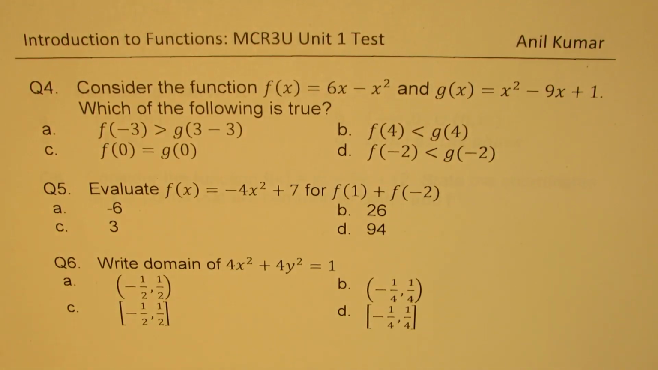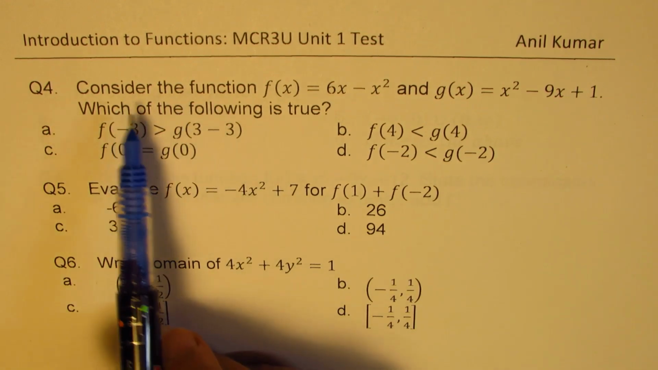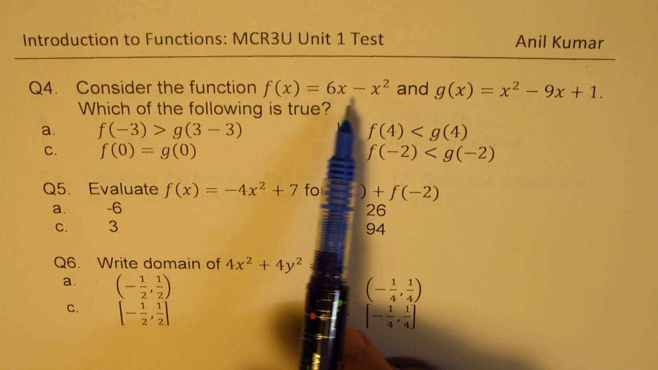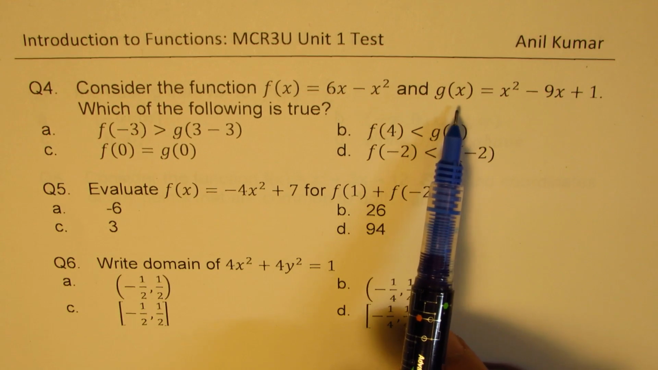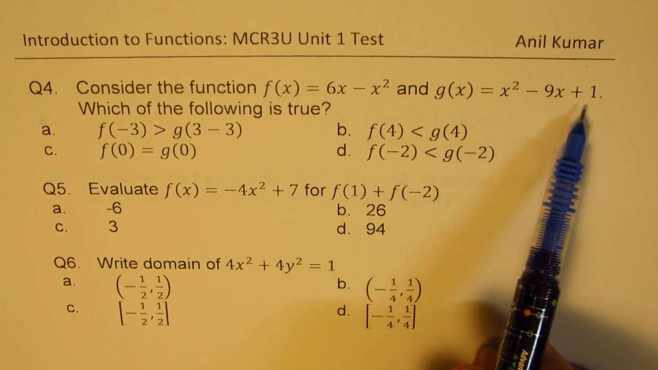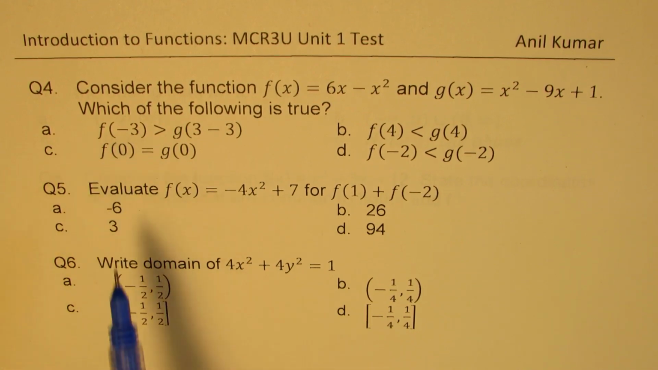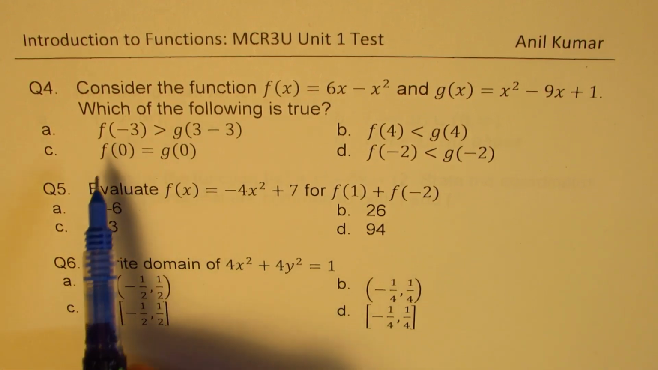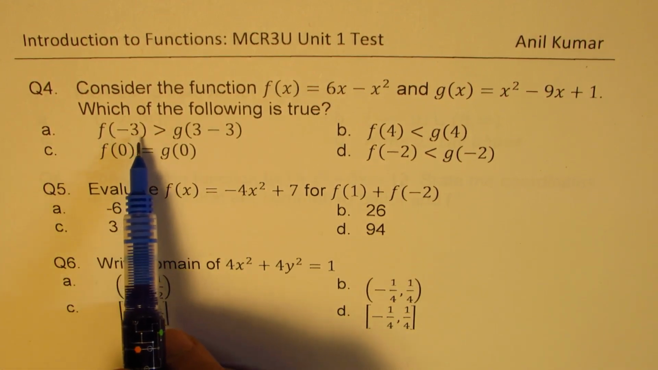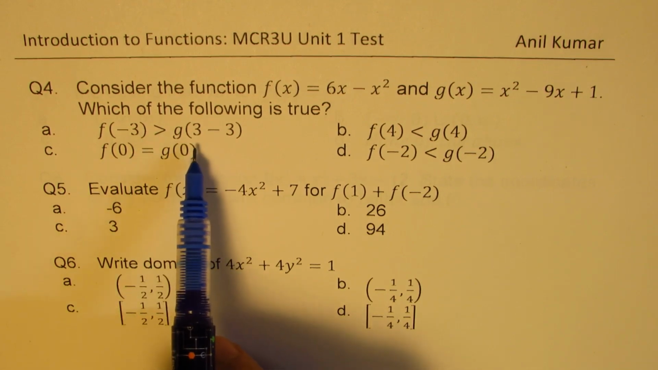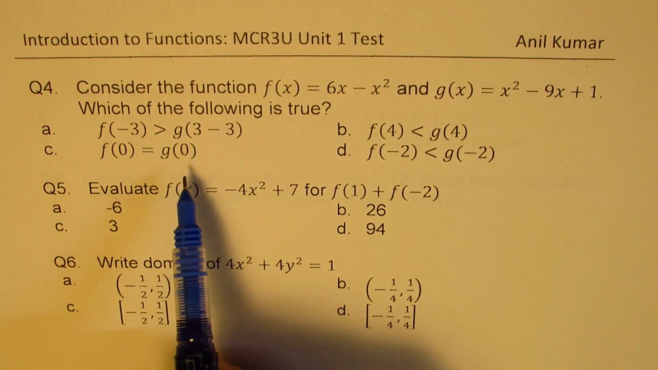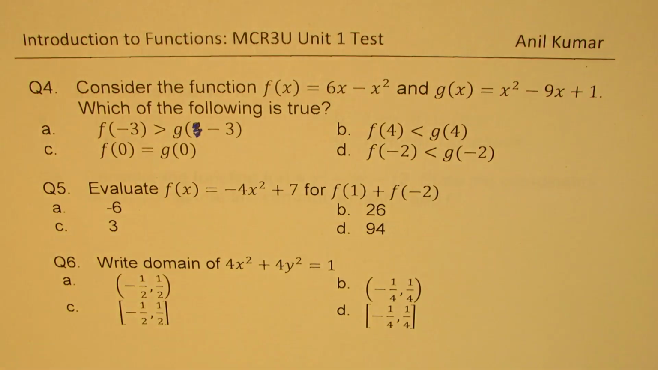Moving on, question number 4 here is, consider the function f of x equals 6x minus x squared and g of x equals x squared minus 9x plus 1. Which of the following is true? So here we have f of minus 3 is greater than g, this is 3 is not there, okay. So